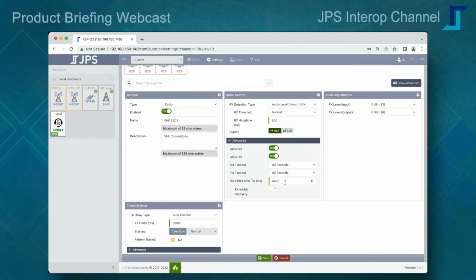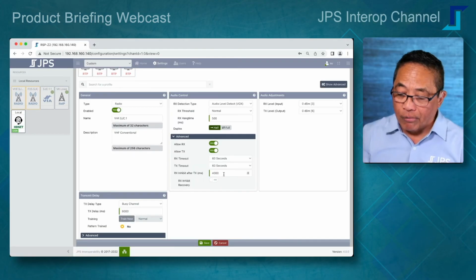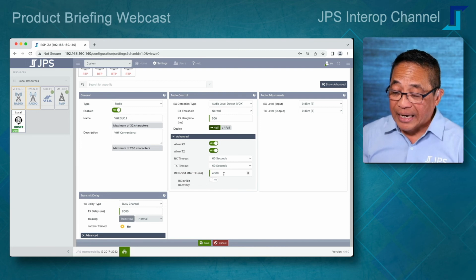So in this case, the 4,000 milliseconds is the period of time where I'm going to block any receive activity coming in from the donor radio just after it was in a transmit state. All right, so this is going to allow me to hopefully block that squelch tail or that anti-IDing tone or that non-human audio artifact. And so one of the drawbacks of COR inhibit or receive inhibit after transmit is that